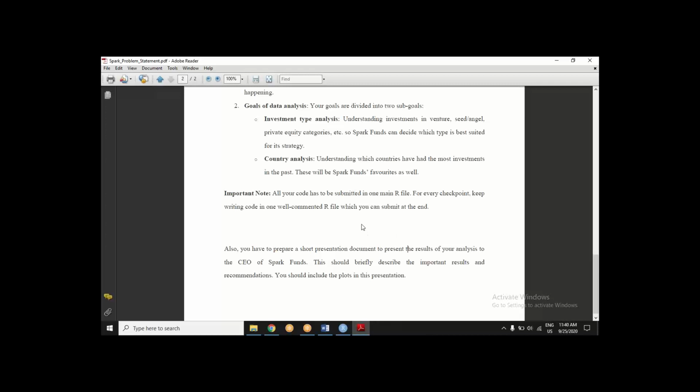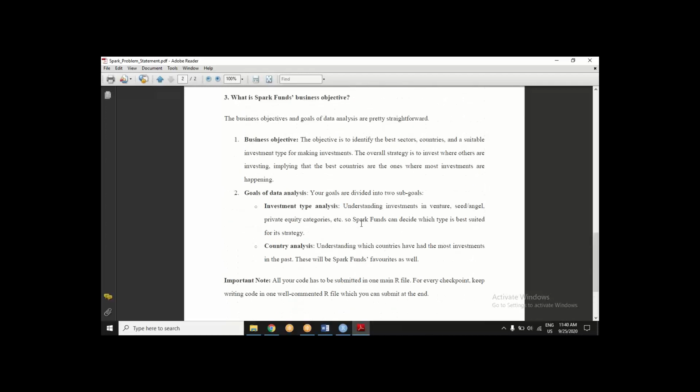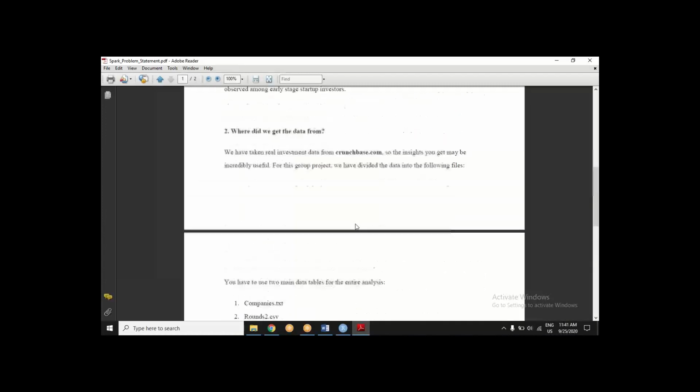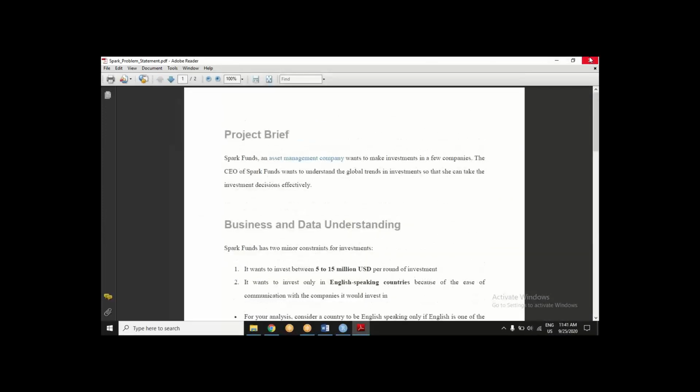Coming on to it. Stay with me. So this was the problem statement. Yes, in your PPT, you will create plots and export those plots and create the PPT then. But plots should be created in R. You can create graphs and export them. No, there is a facility to export that. Don't worry, read the problem statement carefully, go through the data set carefully.